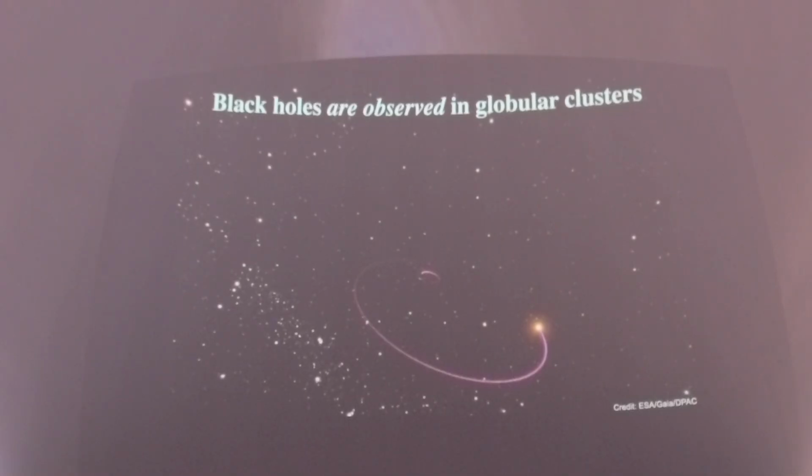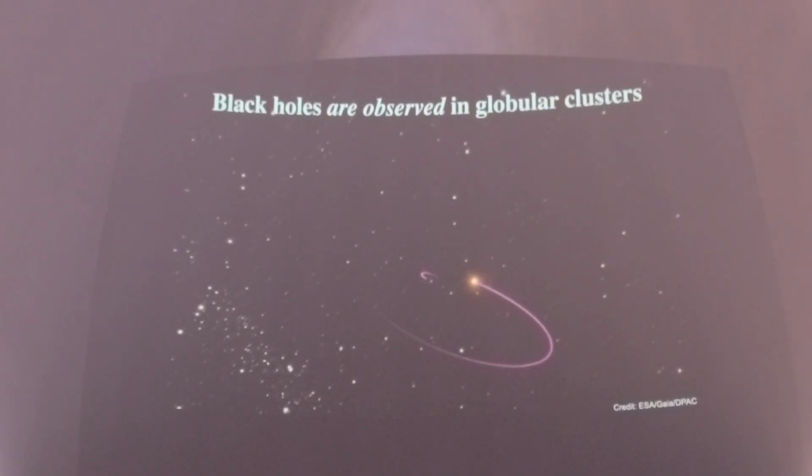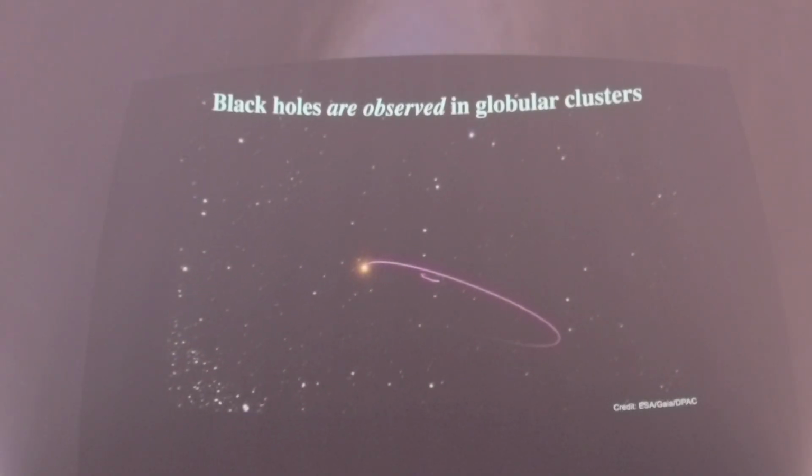So again, black holes are black. We can't observe them, so how do we know they're there? I'm not tricking anybody. We actually do have very good observational evidence that globular clusters have black holes. There's a few ways that we can observe them. The basic idea is, of course, you can't observe a black hole directly by definition because light can't escape a black hole. But if a star or some other type of luminous object orbits around a black hole, then